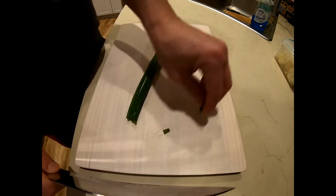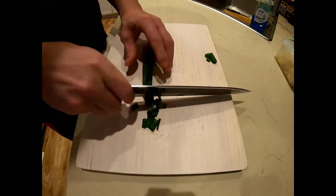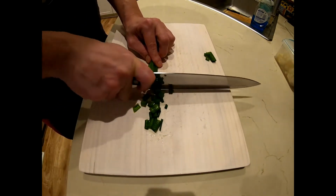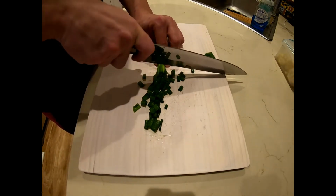So Gobi Manchurian is an Indian dish. It is deep fried cauliflower tossed in a sweet and spicy sauce. It is hands down one of my favorite things to eat this month, especially since I have gone vegetarian for